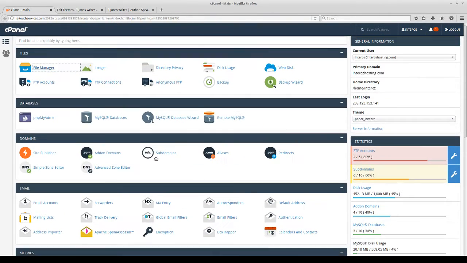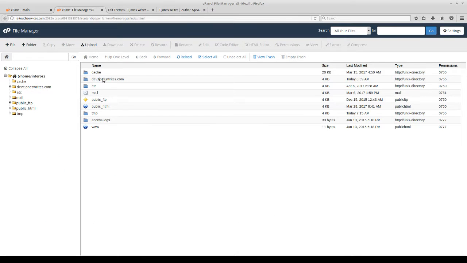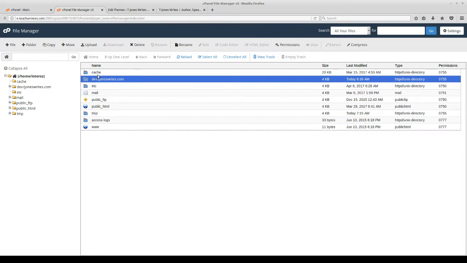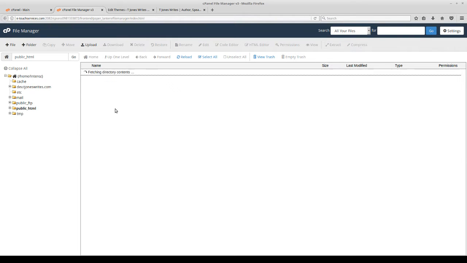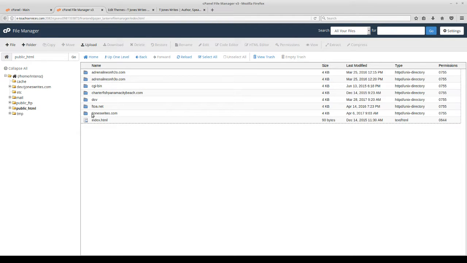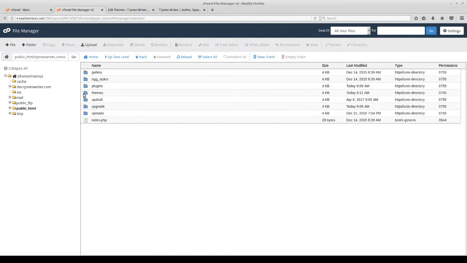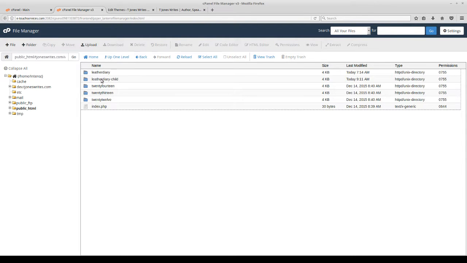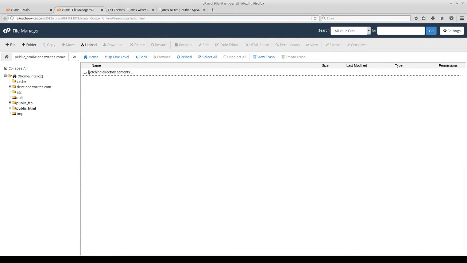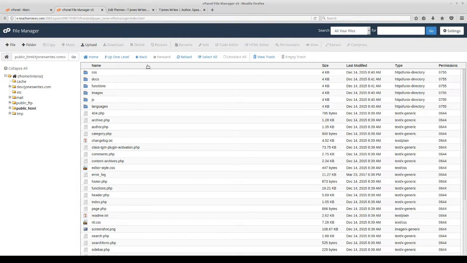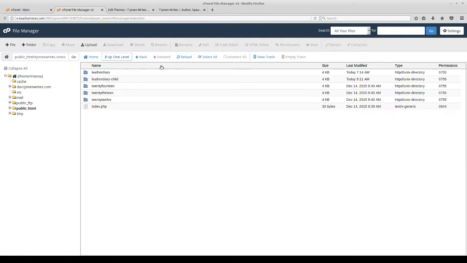Anyway, so if I look in my cPanel here, and then I go into the file manager. And this is my development site. I don't want to do that one. I want to go into my actual public site here, and it is right here. And then I'm going to go into wp-content, into the themes folder, and then basically what I'm wanting to do is I want to copy over all the images from this folder and go up a level into the